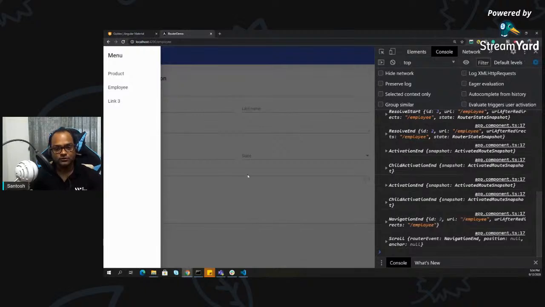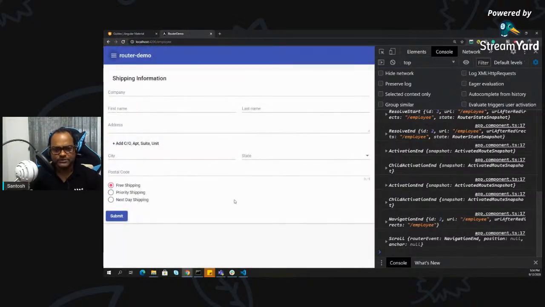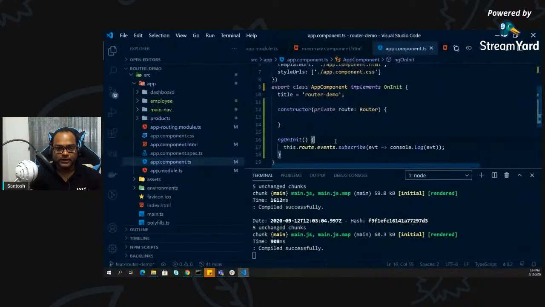So these are all the events, and you can capture them. In case you want to write some code based on some events, that's possible. So you can do that. Okay, so this is,